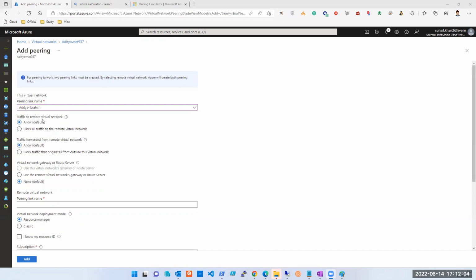ट्रैफिक फॉरवर्डेड फ्रॉम रिमोट वर्चुअल, बाय द वे इसका रिमोट वर्चुअल नेटवर्क क्या होगा? ट्रैफिक टू रिमोट वर्चुअल नेटवर्क, विच इज द रिमोट वर्चुअल नेटवर्क फॉर दिस वीनेट? कौन सा है इसके लिए रिमोट वीनेट? विच वीनेट आर वी ऑन? Yes, वी आर ऑन आदित्य's वीनेट। सो ये तो हमारा हुआ लोकल वीनेट, एंड वी आर डीलिंग विद इब्राहिम्स वीनेट, सो दैट इज आवर remote VNet। ठीक है, तो ये क्या बोल रहा है कि ट्रैफिक टू, तो इब्राहिम भाई के VNet पे ट्रैफिक अलाउ करना है, ठीक है, अलाउ।